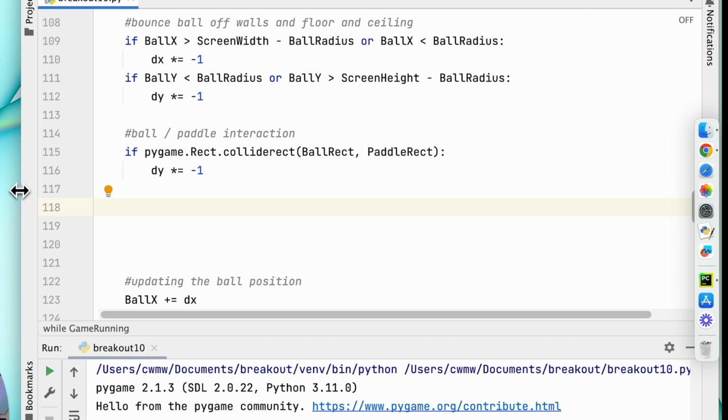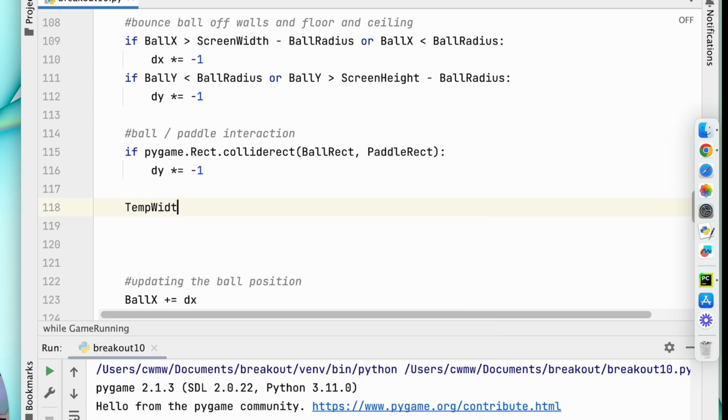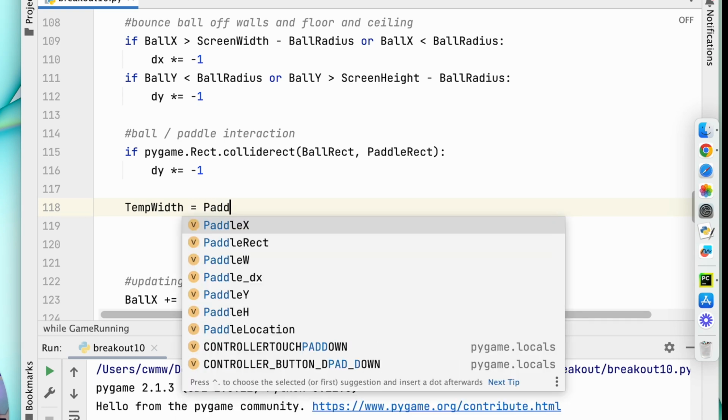So the first thing we need to do is take that paddle rectangle and split it out into 6 spots. Okay, and that shouldn't be terribly hard. Let's see what we can do. First off, let's create ourselves the temp width of one section of the paddle. So we're going to say temp width equals the paddle rectangle width